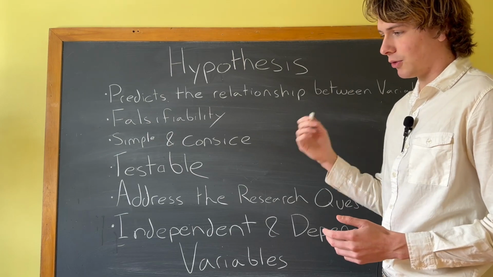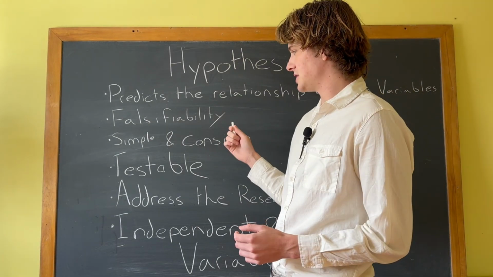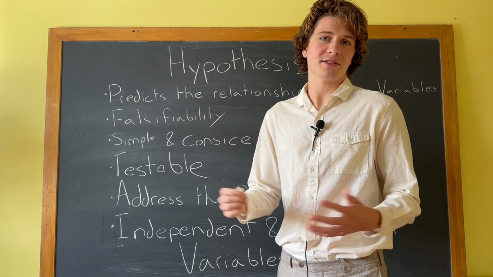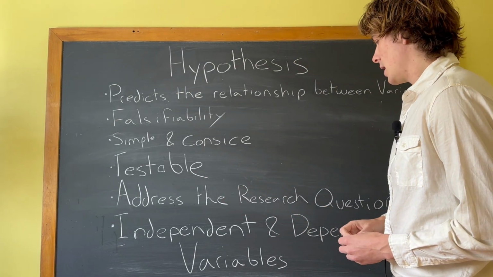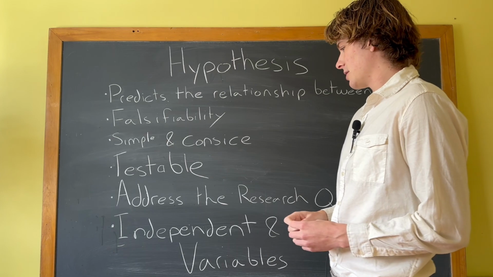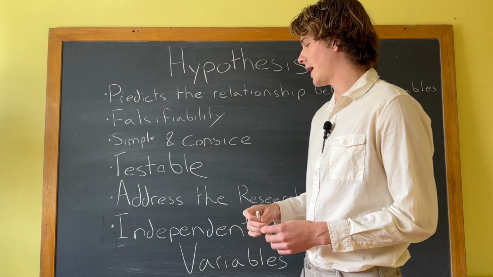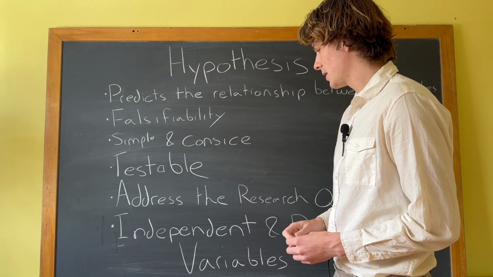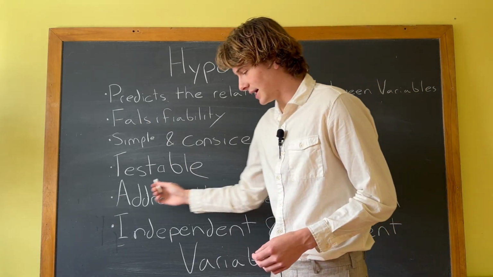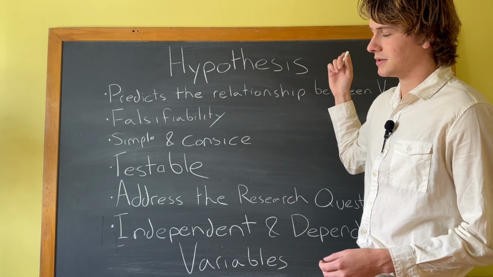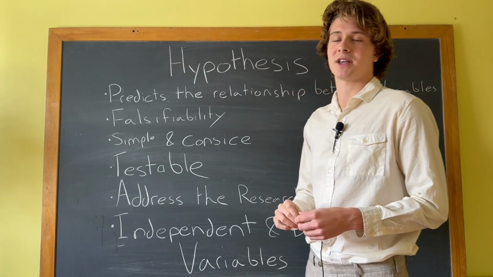That's the important part. It needs to be simple. It needs to be concise. It needs to be detailed. That's something maybe I should have added in there. But essentially, the independent variable is what is changing the dependent variable, right? So you need to account for the independent variable. You should try to isolate the independent variable. That's an important part of a hypothesis, of a scientific experiment, right?